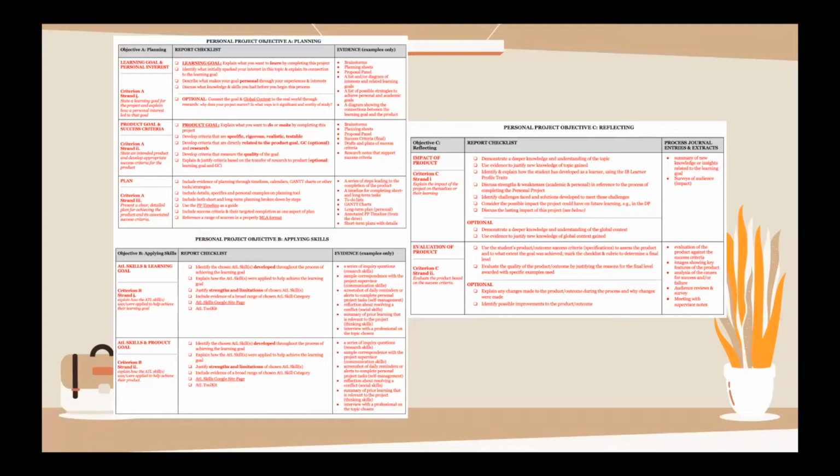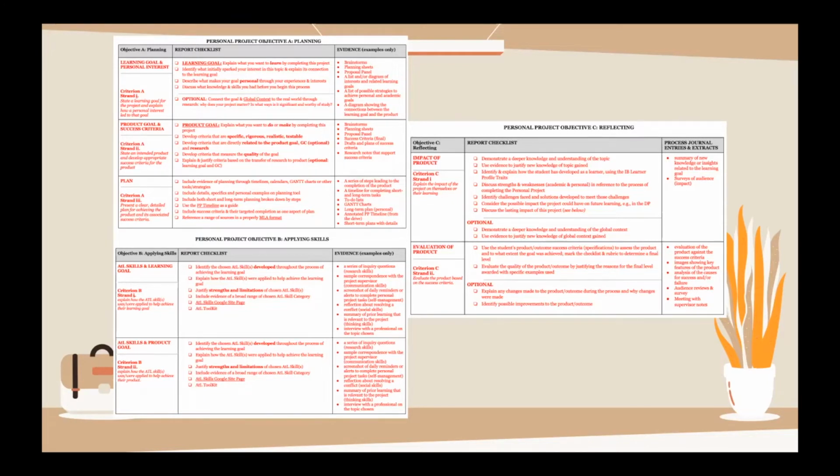So as long as you fulfill everything here, no matter how much extra stuff you include, as long as you fulfill everything here, you will get a full score because the IB can't go against what they say that they'll mark you with. So although it may be a bit confusing to just write the report and do your personal